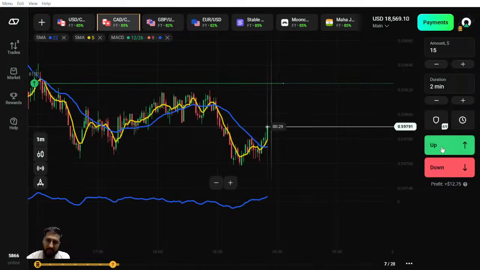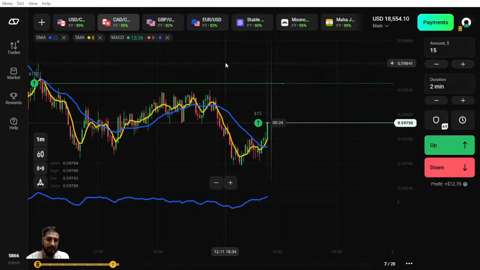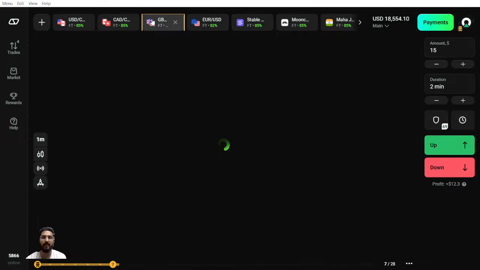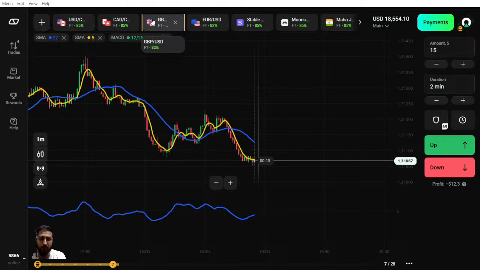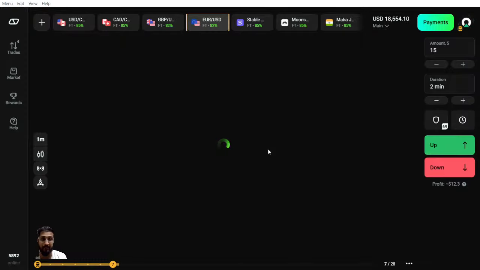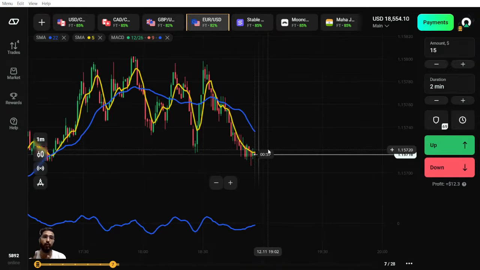Okay, so as we have observed, in case any level is getting breached, whether it's a support level or a resistance level, then the market tries to move in that same direction for at least one to two candles, or 2 to 3 candles. So in case you're using any strategy which is based on the Japanese candles, again I'm repeating myself, you need to focus on 3 major things. First one, there should not be any support or resistance level nearby. If any level is there, wait for the breach or wait for the bounce back.